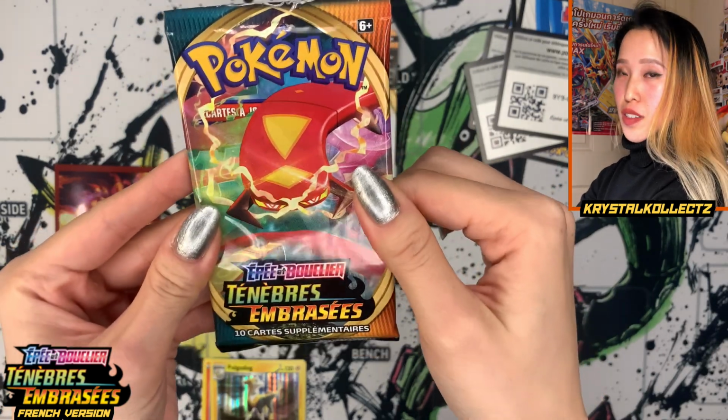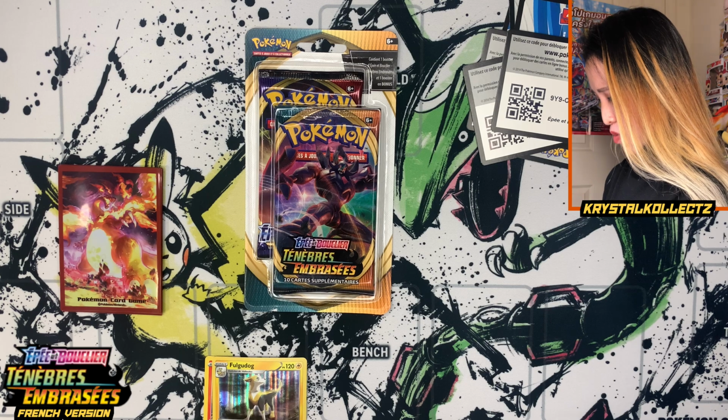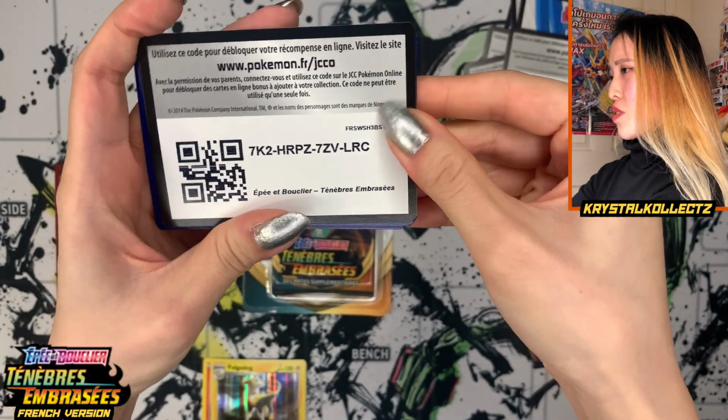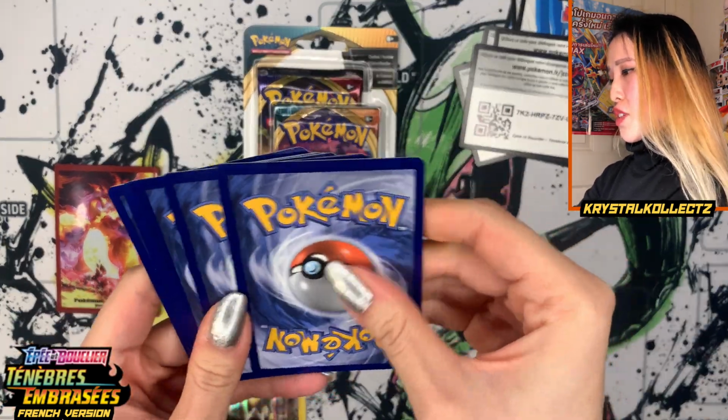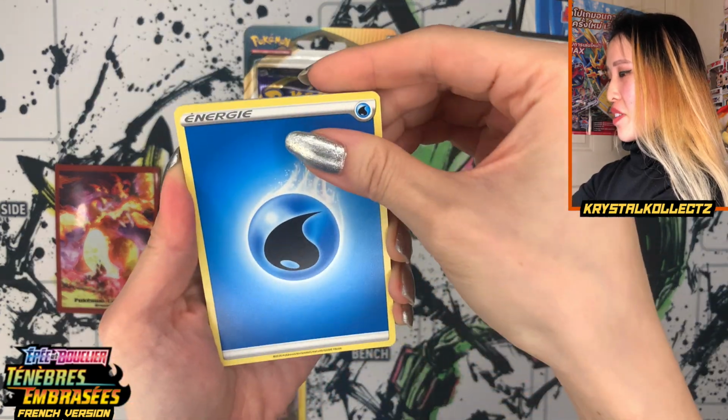We have here Centiscorch. I did actually try to remember the French name. Don't recall it at this point. Something, it sounds like with Scorch as well. All right, here, code card for you guys, but I do know the French name of Charizard, Drakafu. I do remember that one very well. All right, Water Energy,